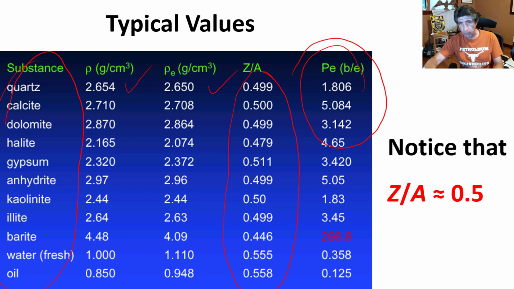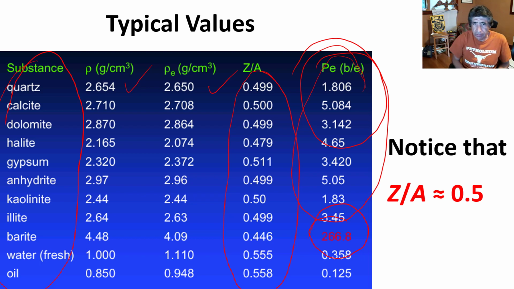I don't expect you to memorize that, but suffice it to know that for most minerals that we deal with in the earth, this number oscillates between 0, or let's say 1, and 5 at most. But there are some exceptions to the rule, particularly if you have barite, which is a very heavy mineral, then the photoelectric factor of that mineral will be stratospheric for all practical purposes, 267. But the photoelectric factor, or